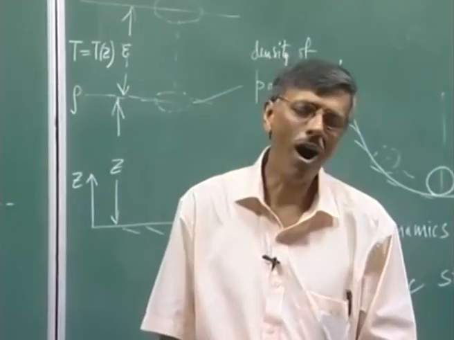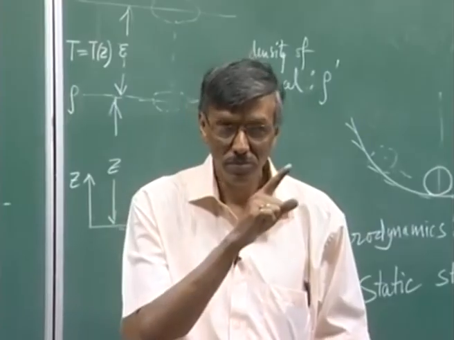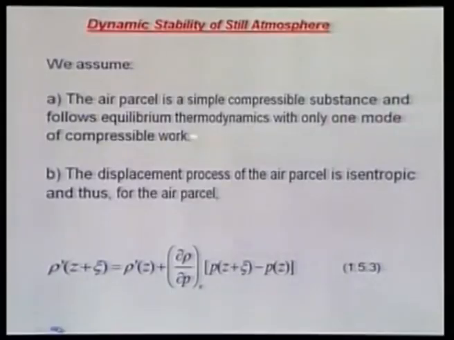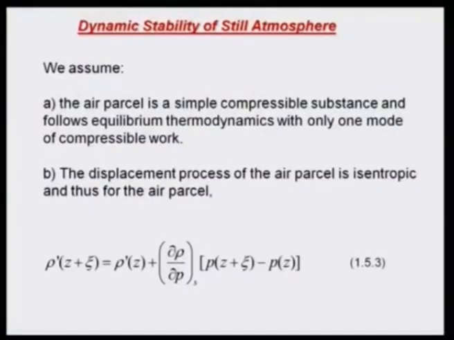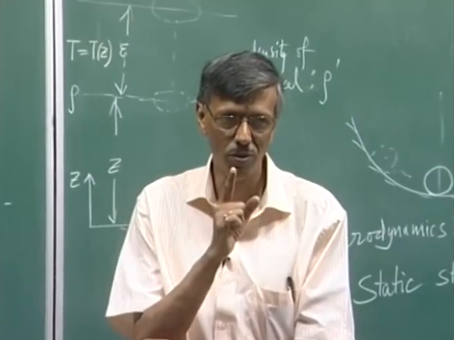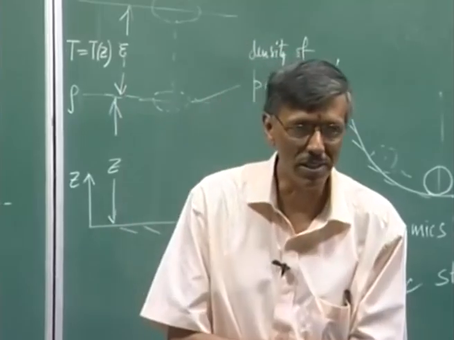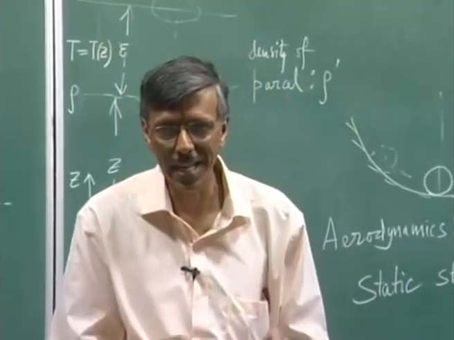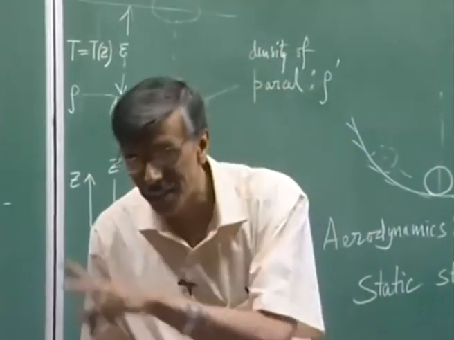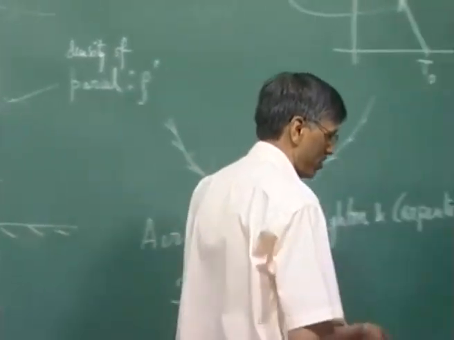Okay. So, how many degrees of freedom do we have from thermodynamics? We would have 1 plus 1, means the possible modes of compressible work plus 1. So, in this case the possible mode of work is 1. So, what I call the degree of freedom should be equal to 2. What does this mean, degree of freedom? It means that any thermodynamic property can be written in terms of any 2 other thermodynamic properties, right. And that is what we had done in the previous slide.